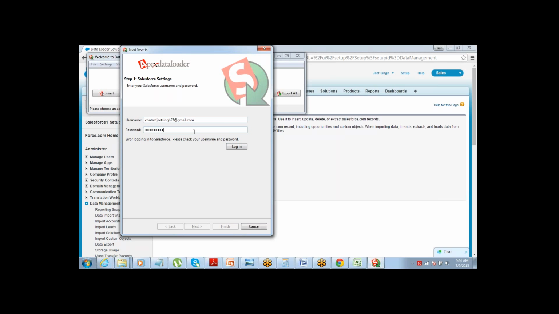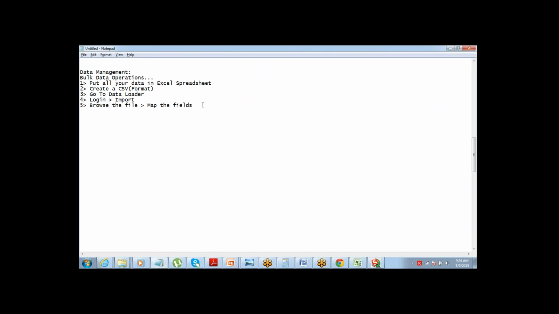While logging into Data Loader, for security reasons, Salesforce requires one additional password, which is called a security token. So to be able to log in to Data Loader, you need the security token. The security token is system generated.